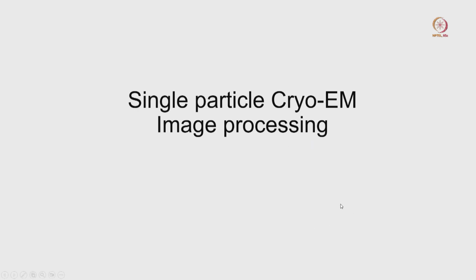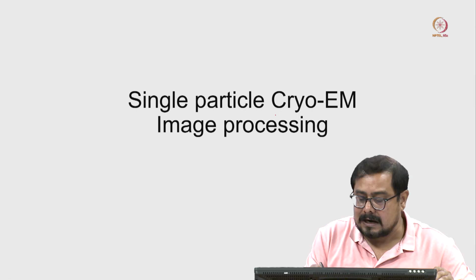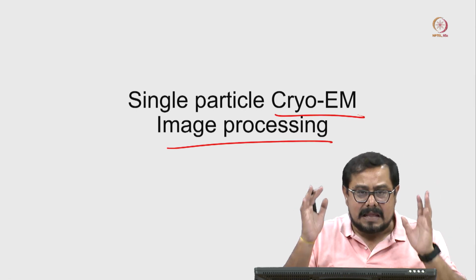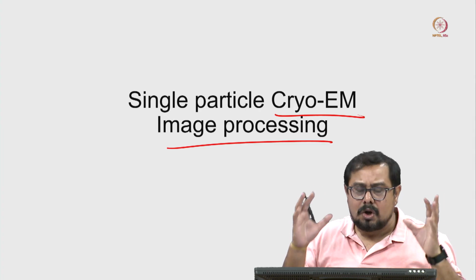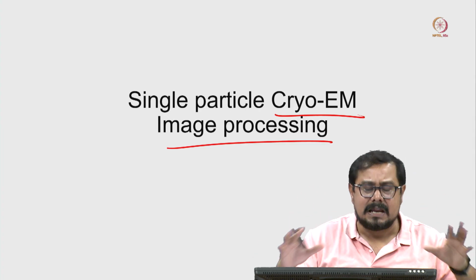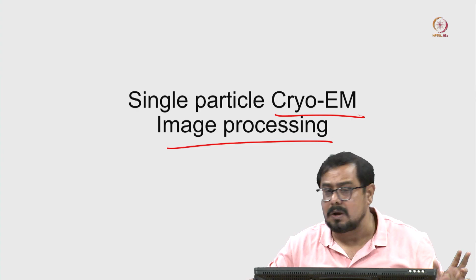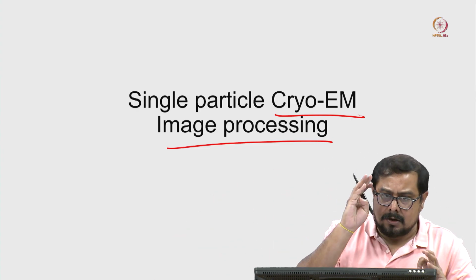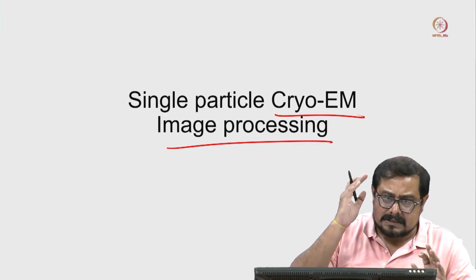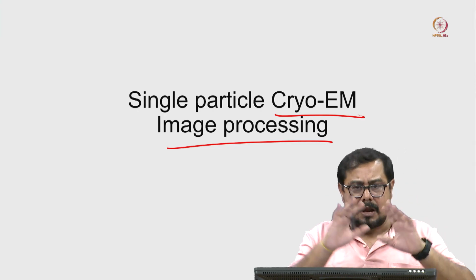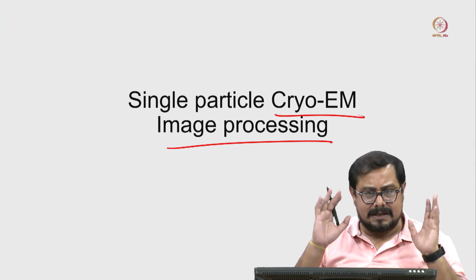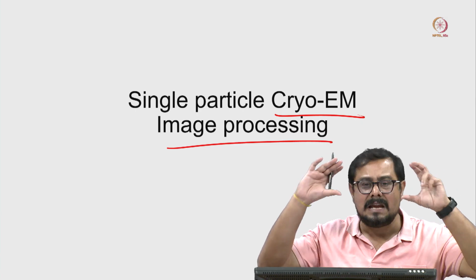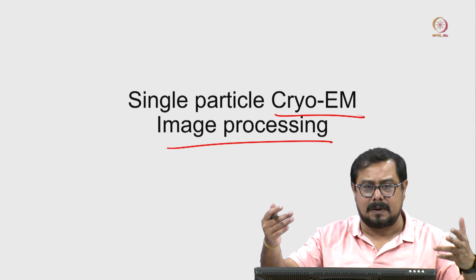So if you come here, our next target is cryo-EM image processing, single particle cryo-EM image processing, and our first aim is to classify our data set into 2D. What is that 2D? This is our first step. Image collection is done, motion correction is done, then CTF correction will be done. We are not talking too much about that, but definitely after motion correction we have to do the CTF correction, that is basically the contrast transfer function.